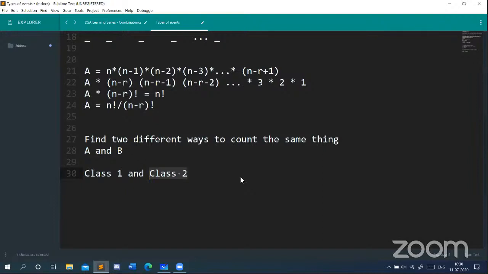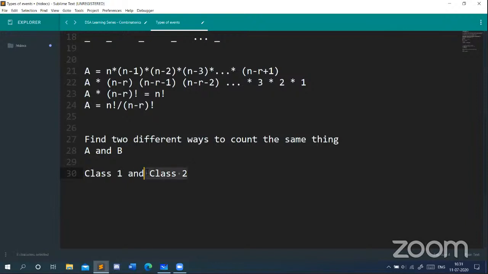And we do that by saying that, okay, fine, two students from class 1 and class 2 are related if they have the same roll number. So what I'm saying is that roll number 1 from class 1 maps to roll number 1 of class 2. Roll number 2 of class 1 maps to roll number 2 of class 2, right? And if this is true for all roll numbers of class 1 and class 2, and every roll number of class 1 has exactly one roll number in class 2,